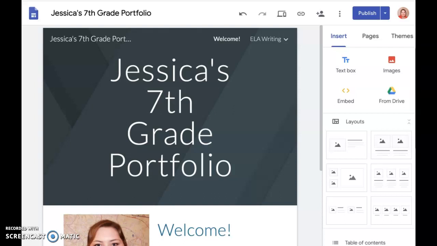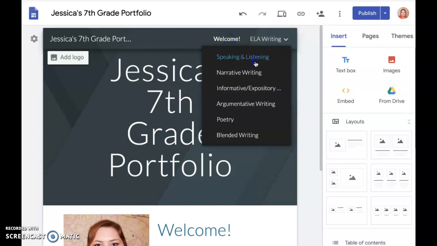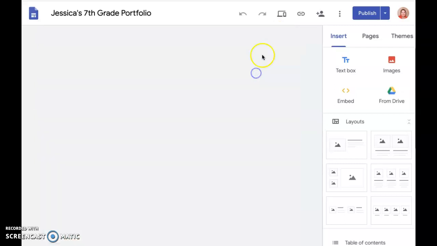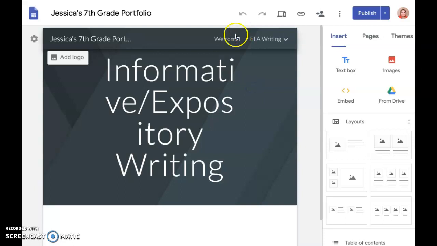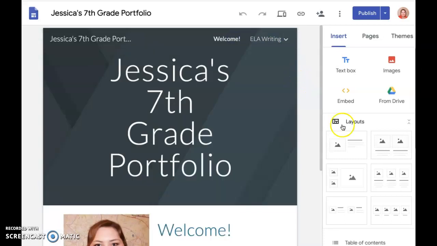Now that you've created your very basic Google Sites portfolio, it's time to find out how you can make this a little more interesting and a little more personalized. As you can see, every single one of my pages has the exact same background, same font, etc. It's boring. So the very first thing I can do to fix that is to